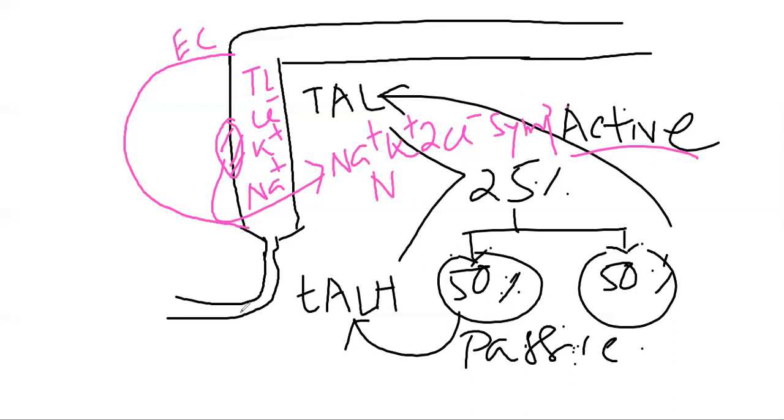So we can write it as NKCC2, where not only sodium ion but also potassium ion as well as chloride ion will be reabsorbed by this pump or channel from the tubular lumen via the epithelial cell membrane into the epithelial cell, and it is the apical site. So at the apical site, sodium ion will be reabsorbed from the tubular lumen via the sodium potassium 2 chloride ion symporter, and this is 50% of the total 25%. So this is the active process, or we can say it is an example of a secondary active transport mechanism.